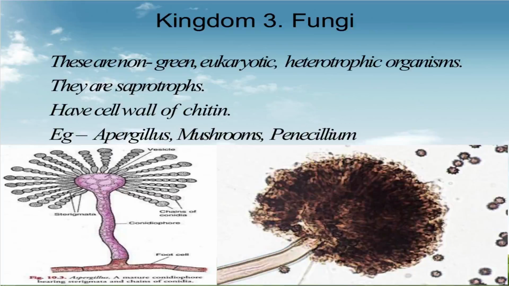Kingdom 3, Fungi. These are non-green eukaryotic heterotrophic organisms. Saprotrophs, feeding upon decaying organic matter. Cell wall made up of the complex sugar chitin. Thread-like body with many nuclei. Example, Aspergillus fungus on corn. Then baker's yeast, Penicillium, and mushroom is a